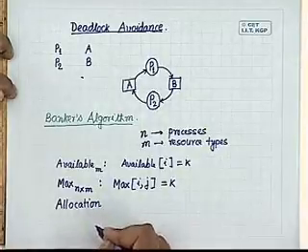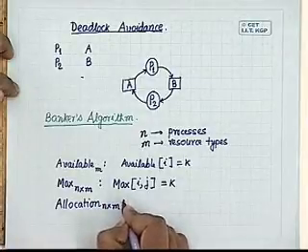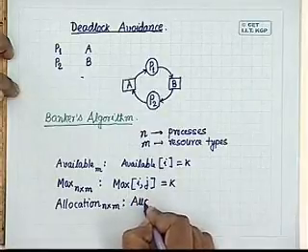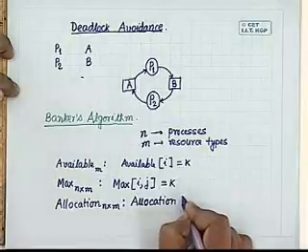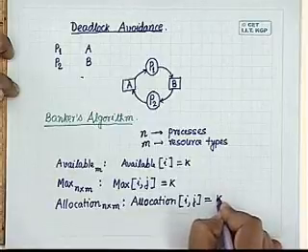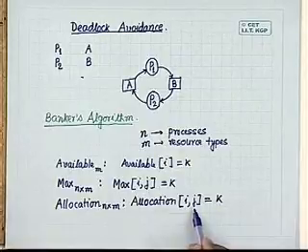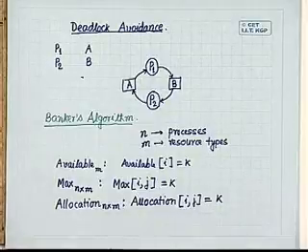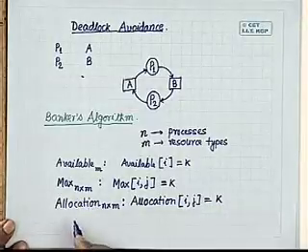Allocation again is a matrix of dimension n by m. Here, this indicates how many resources of which type are allocated to different processes. So, if I say that allocation ij is equal to k, that means k number of instances of resource type rj is currently allocated to process pi. It also uses another data structure, of course, that can be generated from max and allocation, a data structure